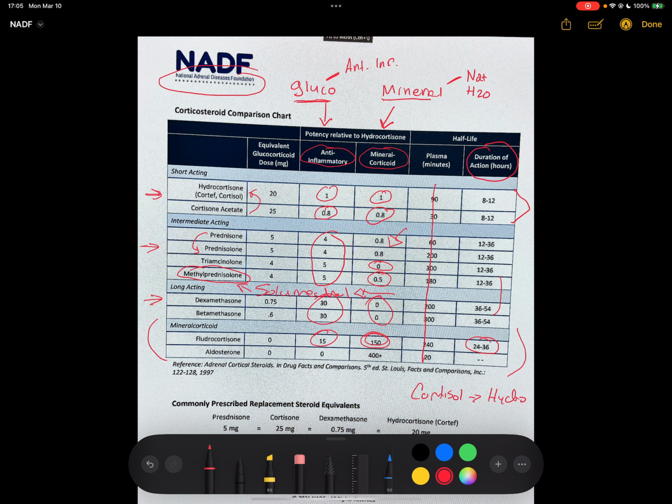And then we can just compare that to the hormone aldosterone, which has no glucocorticoid effects, and we know that aldosterone primarily impacts the renal tubules, and it has about 400 times or more the mineralocorticoid activity. So it has pure mineralocorticoid activity and no glucocorticoid activity. And so administering aldosterone to somebody with an inflammatory condition is not going to be particularly helpful because you have no